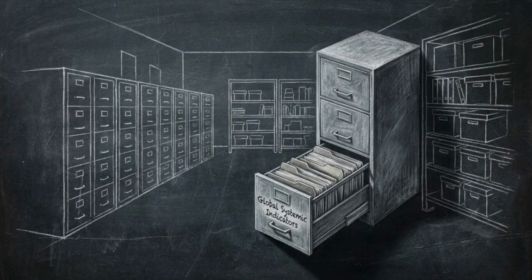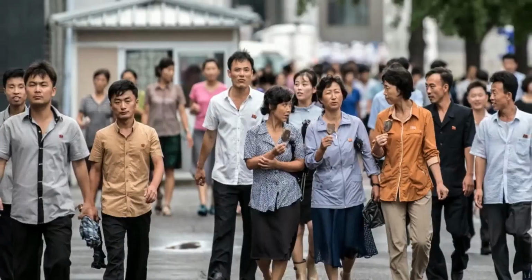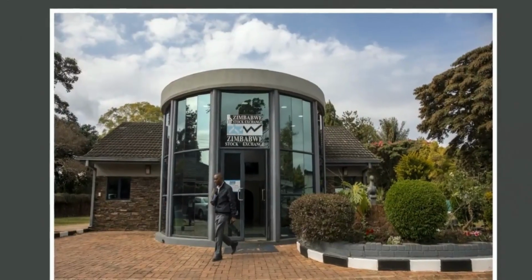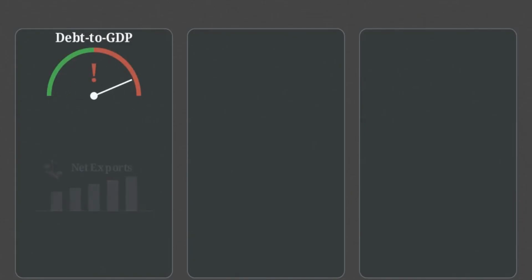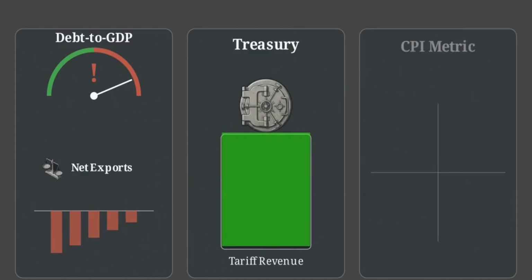These systemic indicators are visible in the historical records of nations like Mexico, seen in Venezuela, records from North Korea, and finally, Zimbabwe. This dashboard identifies initial structural failures, mathematically unsustainable sovereign debt, and persistent negative export balances. Governments impose tariffs as emergency liquidity injections, addressing acute cash flow shortages. To manage perception, central banks mask true inflation by excluding food and energy from standard CPI metrics.